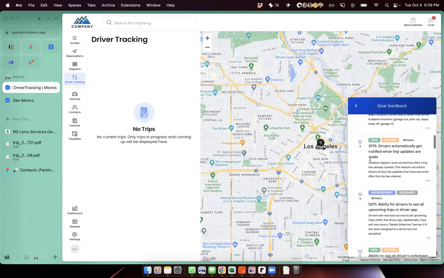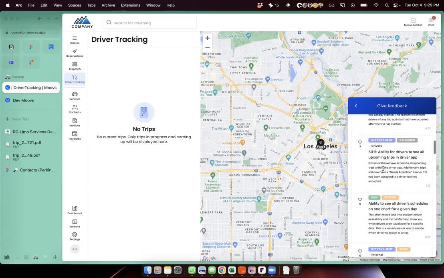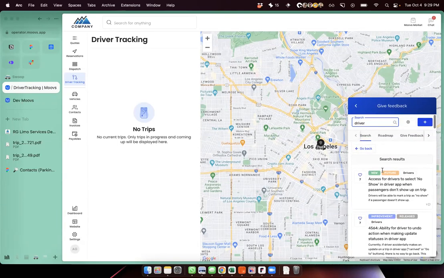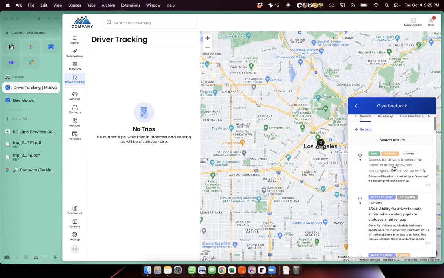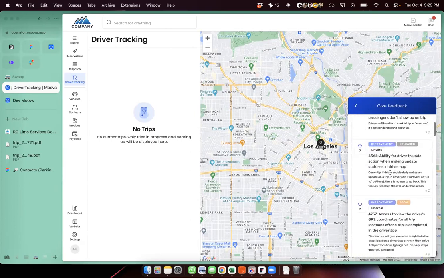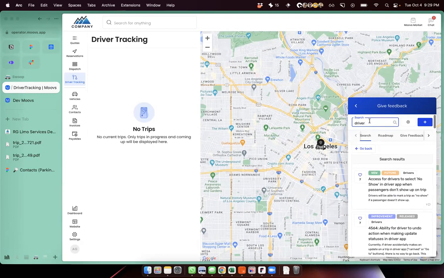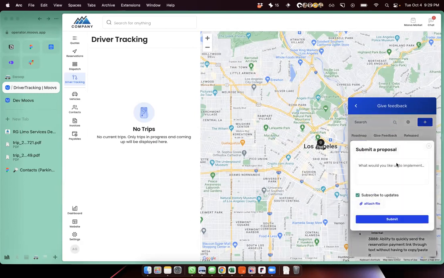And then you can see all the other features that people upvote, right? All of our customers are heavily involved. I saw Eric, who was on the call earlier. This is a big request that he had made that's getting traction and has comments. So what I would recommend is coming and seeing if it's here. And if it's not, you can request it here. And then someone from the product team will actually contact you in relation to this feature request.